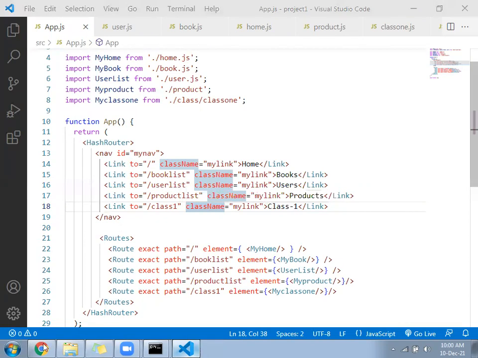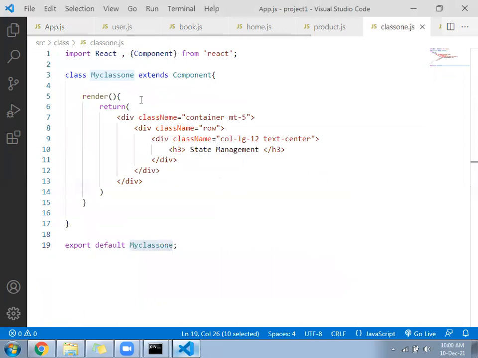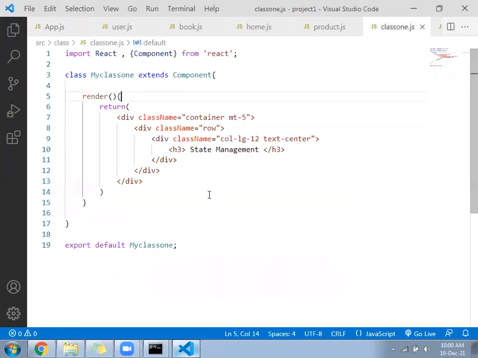Next, after that, we have to understand how the state management works. So come to your class1.js file. Anyone whose page is not working? If you share, I will share the src folder. Then we can continue together.